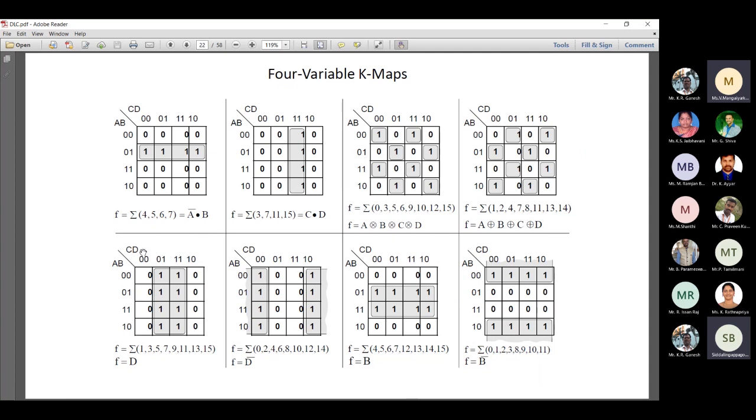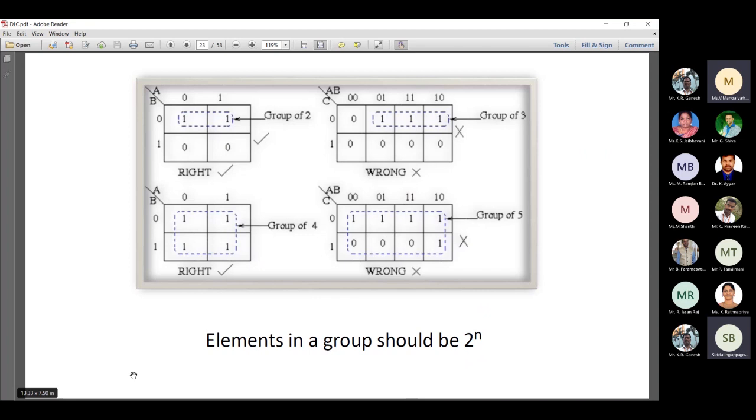1 1 which is there belongs to D. D is nothing but here we write it as this, right? So this grouping is right, and even 4 grouping is there. Here you should not group with zeros. Grouping should always be done with 1 or X. X is nothing but a don't care term that we'll see, right? So grouping should be done with only 1.